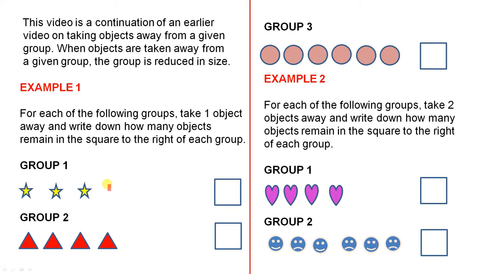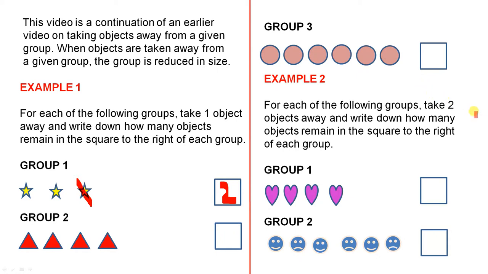So if we look at group 1, explain to them that when you take something away, it's just like crossing it off. That disappears, and then they count how many are left, and they give the answer of 2. So it's exactly the same for groups 2 and 3. For example 2,